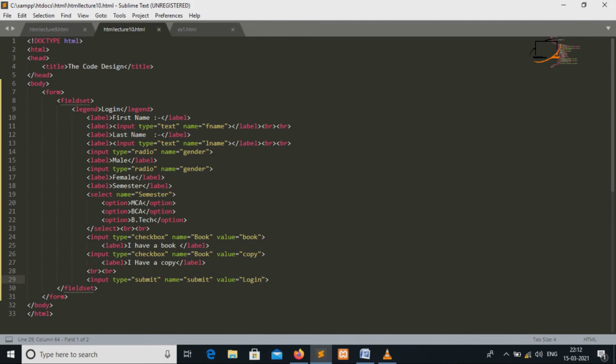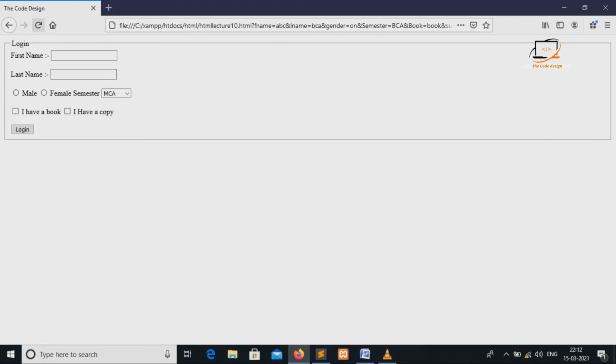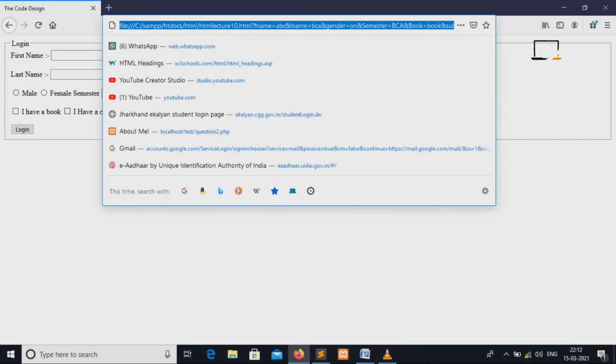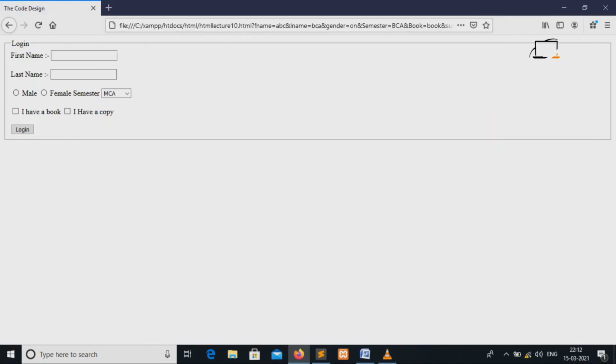Now if we want to perform method in the form, we use post and save this form, and after refreshing this page, now I am logging, submitting the button.